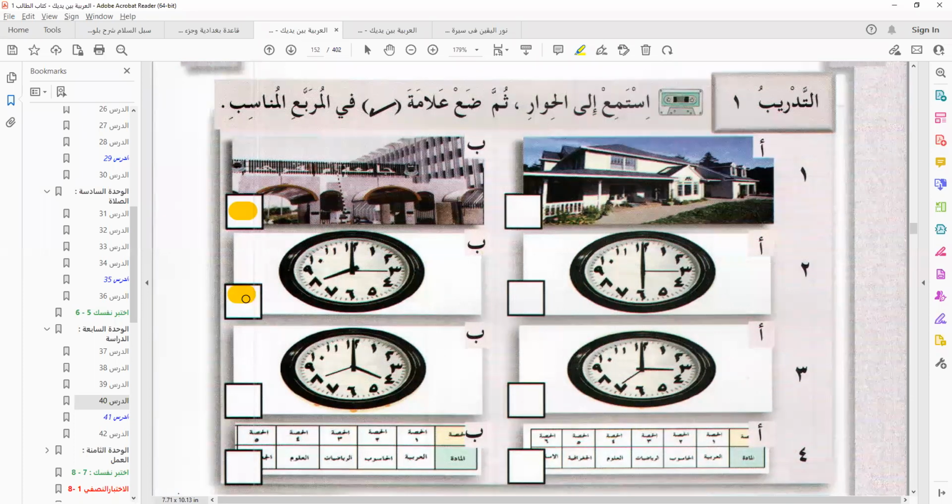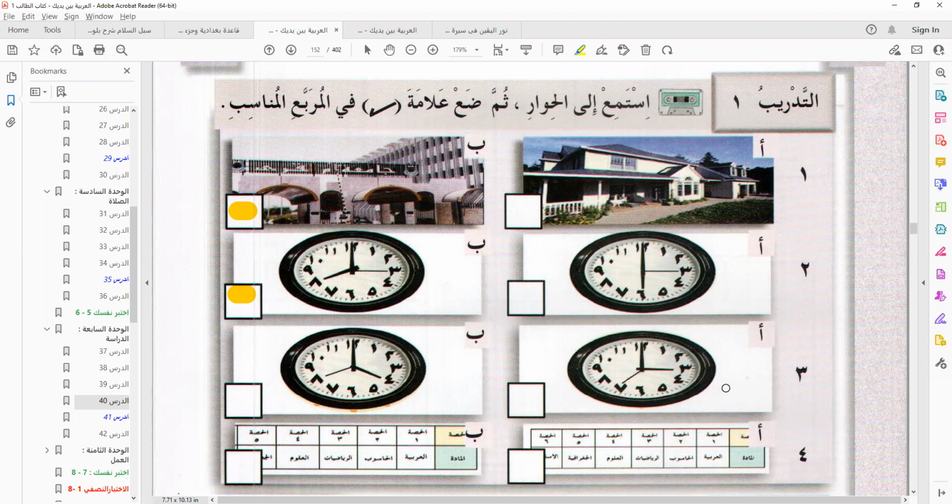So the question is متى يبدأ اليوم الدراسي. When will classes start? That's when classes will start for the day. And its response is يبدأ الساعة الثامنة. It will start by 8 o'clock, and this is what shows 8 o'clock.